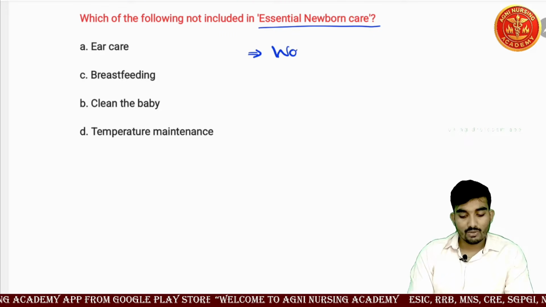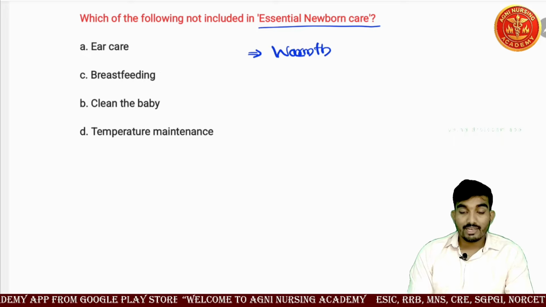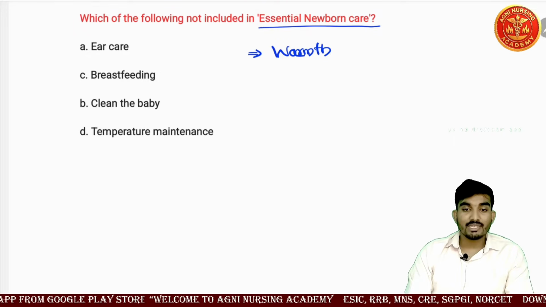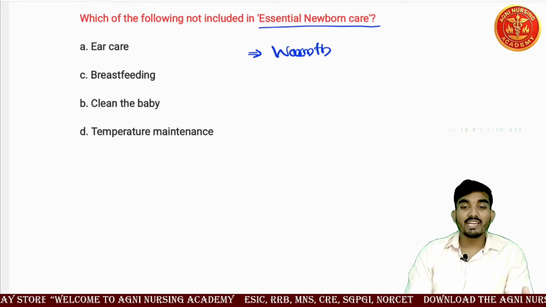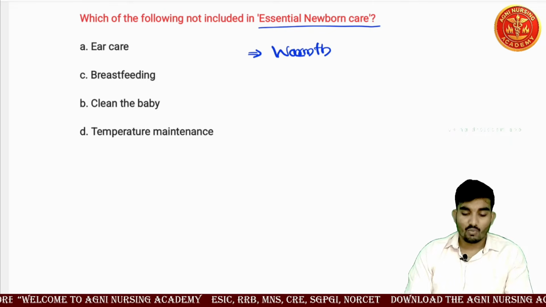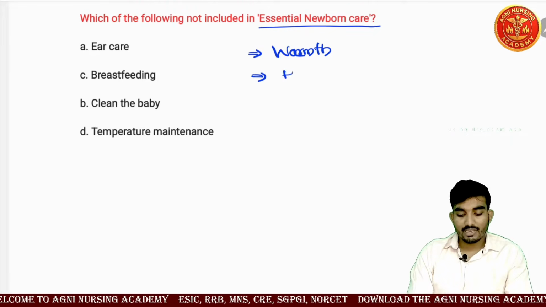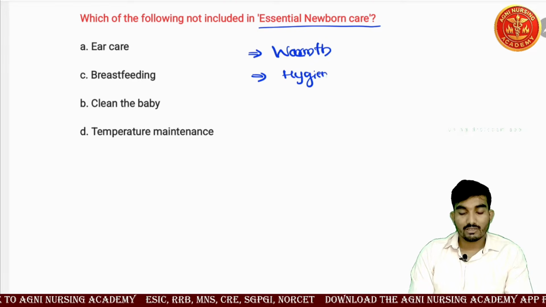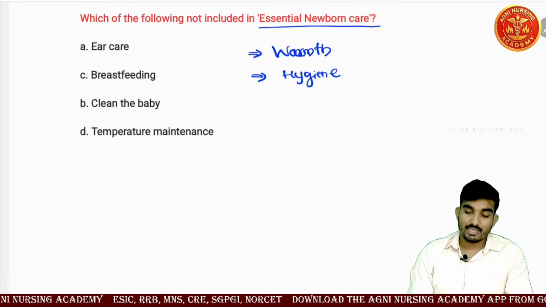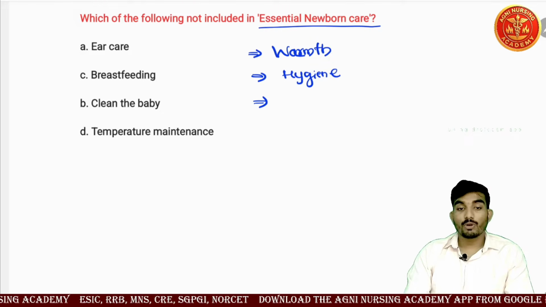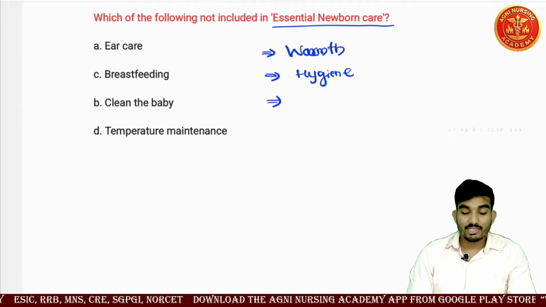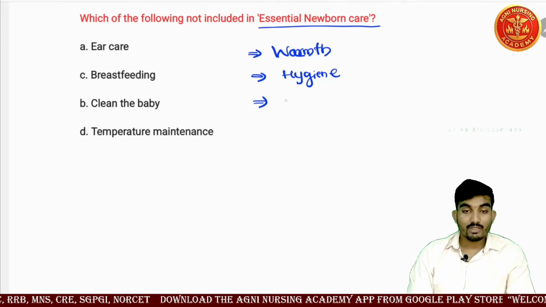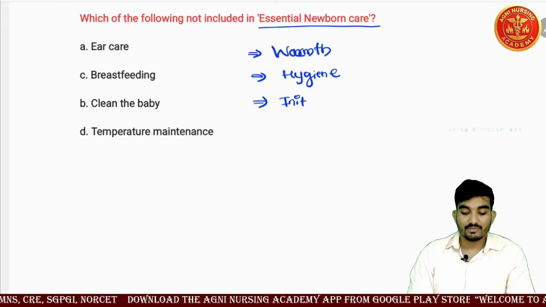We'll give the warmth. In this, we will clean the child with a pre-warmed towel, and we will maintain the temperature of the child. If needed, we will use the radiant warmer. Second, we will maintain hygiene for the child, because they are more prone to get infections as their immunity is low. And another step is the initiation of breastfeeding,